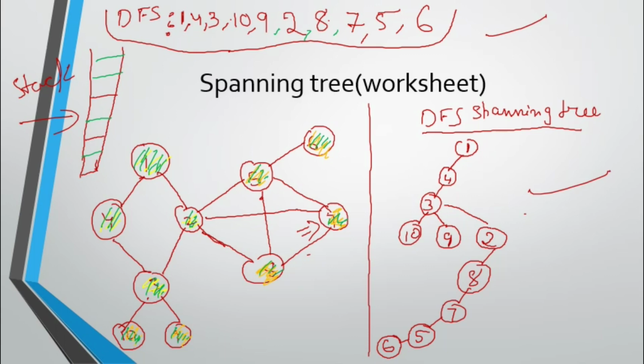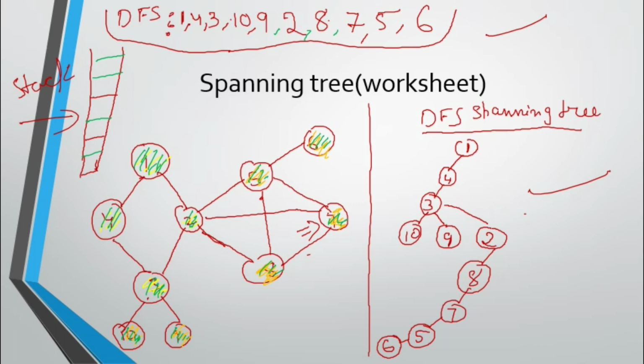Okay, yes. So what is the main difference between BFS and DFS? In DFS, when you go to a new vertex, you have to explore that new vertex and go to the next vertex. Whereas in BFS, it's not like that. When you go to any particular vertex, from there you need to write all the nearby vertices. Then how to go to the next vertex? You have to see the queue, and whichever is there in the queue, to that vertex you have to go. And in DFS, how will you come to know which vertex to come back to? That is using the stack in DFS. That is the difference.